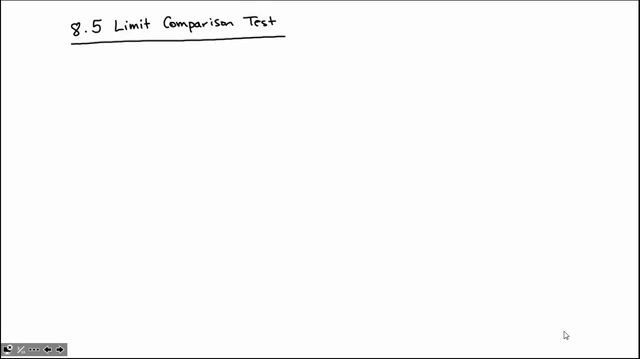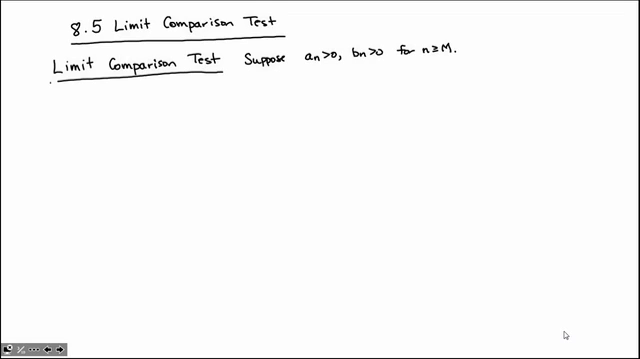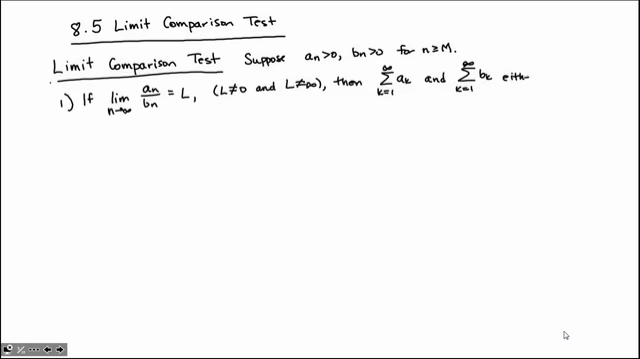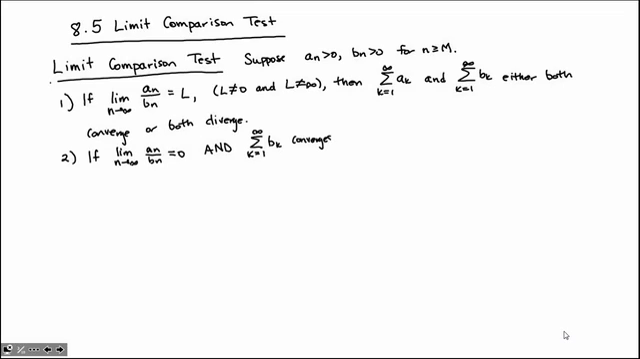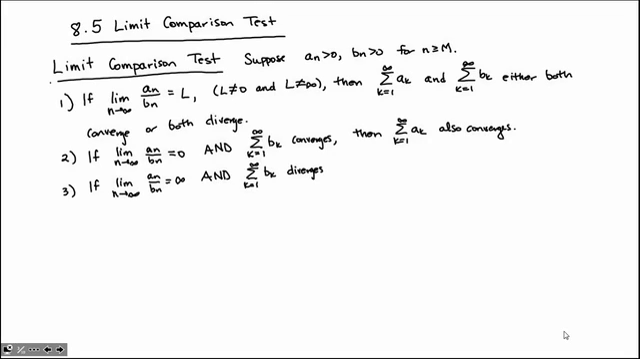to an example. Okay, so the first part of the test says that if the limit as n goes to infinity of a_n over b_n equals L, where L is non-zero and not infinity, then the series with the a_k terms and b_k terms either both converge or both diverge. If that limit is 0 and we know the b_k series converges, then our series with a_k terms also converges. If the limit is infinite and the b_k series diverges, then our a_k